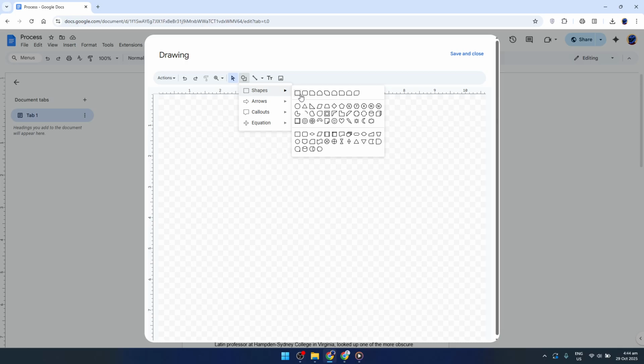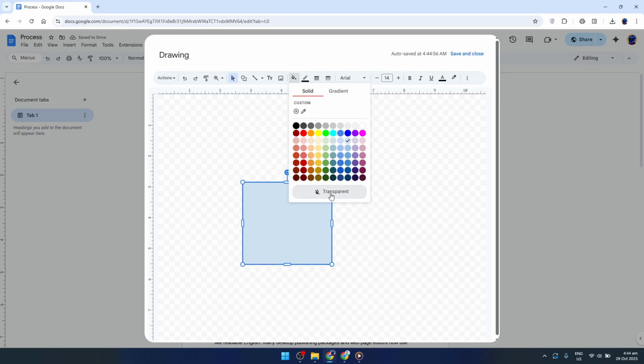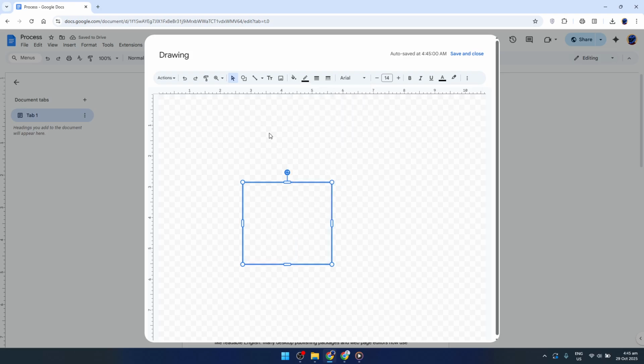Moving on, if you're in need of lines, the Line tool will be your go-to. This handy feature allows you to draw straight lines, arrows, or even connectors, perfect for flowcharts or structured diagrams. If you're feeling a bit more artistic, you can select Scribble from within the Line tool dropdown. This allows you to draw freehand with either your mouse or a stylus, giving you the freedom to create more